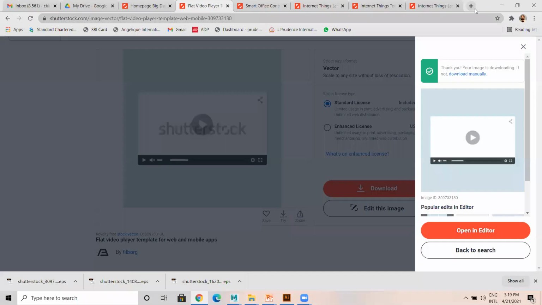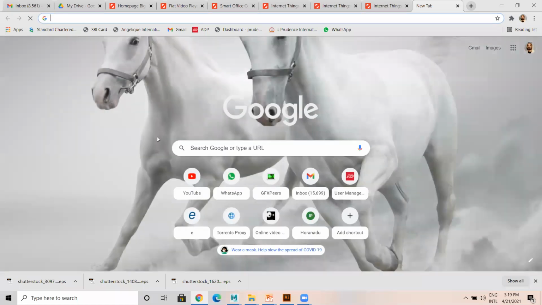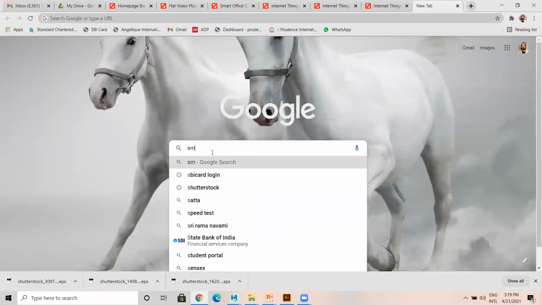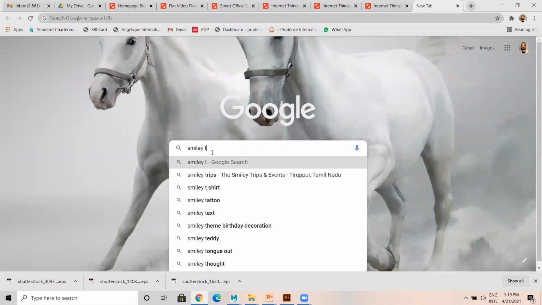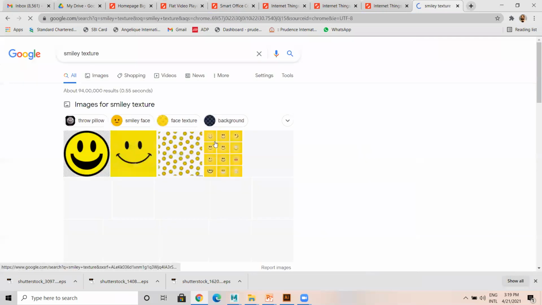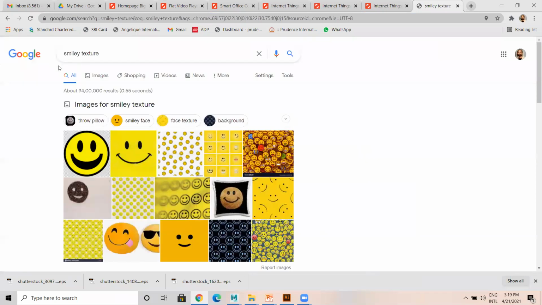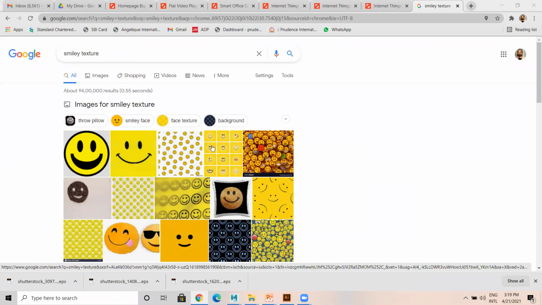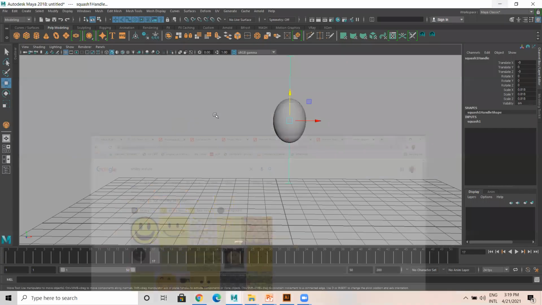Okay, so I would like to take a smiley character, smiley texture. So let me take a smiley texture, something like this. Okay, let's do one thing.